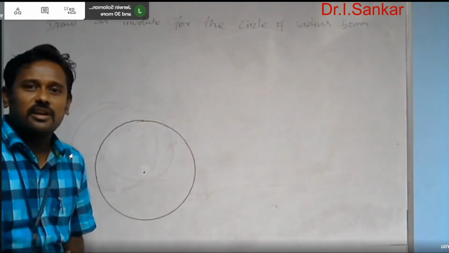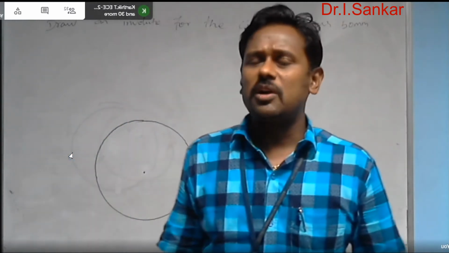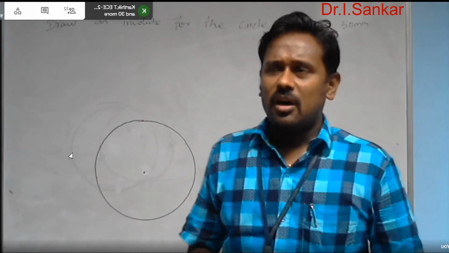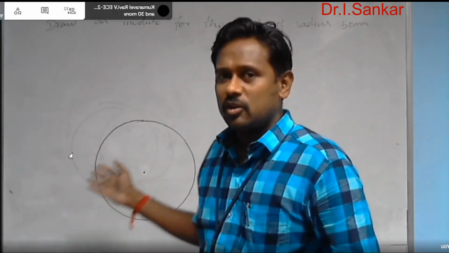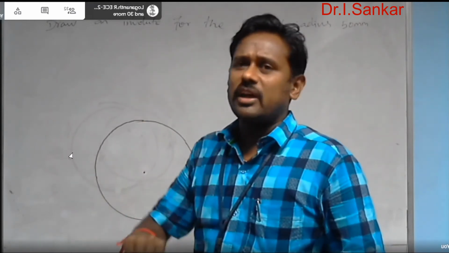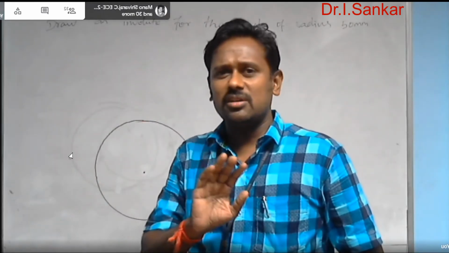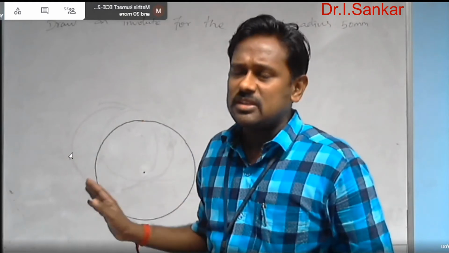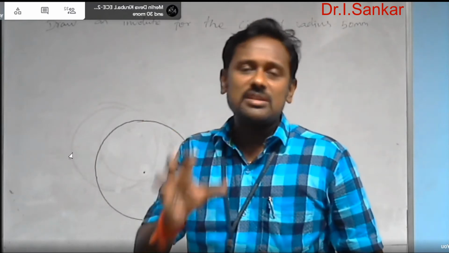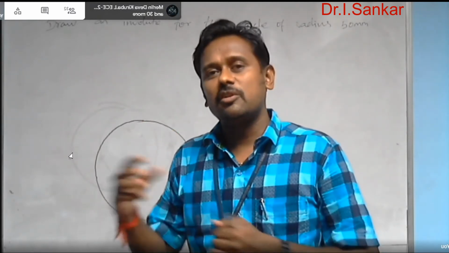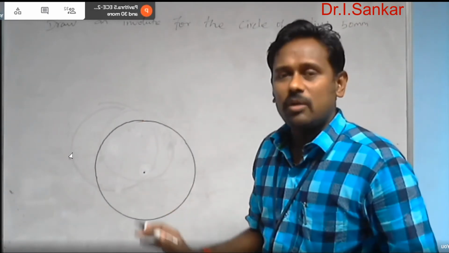After drawing the circle, you need to split the circle into 12 equal parts. Yes, you can split it into 4 equal parts or 8 equal parts or 12 equal parts. The higher the partition, the better the curve accuracy will be. If you split it into 4 equal parts, you can also draw an involute, but the smoothness of the curve is somewhat lower. If you split this circle into 12 equal parts, then the accuracy, smoothness and appearance of the curve will be better compared with the 4 split up. So preferably you have to split this circle into 12 equal parts.